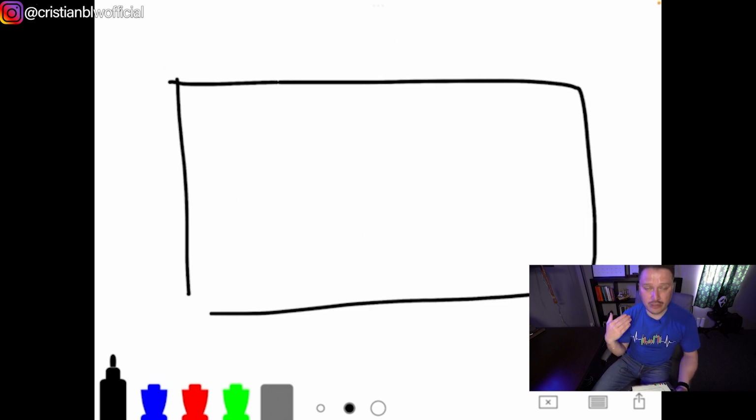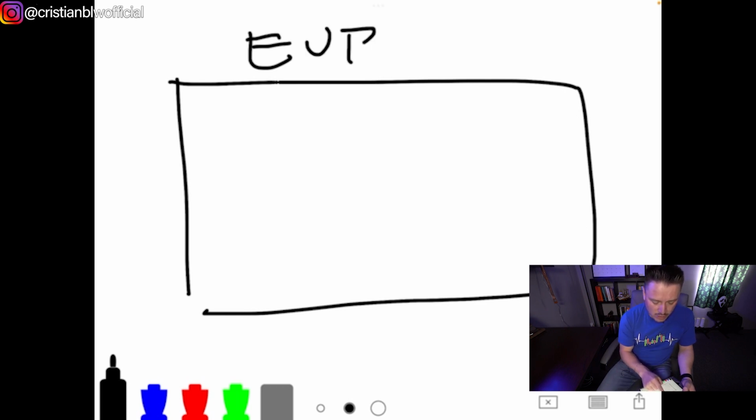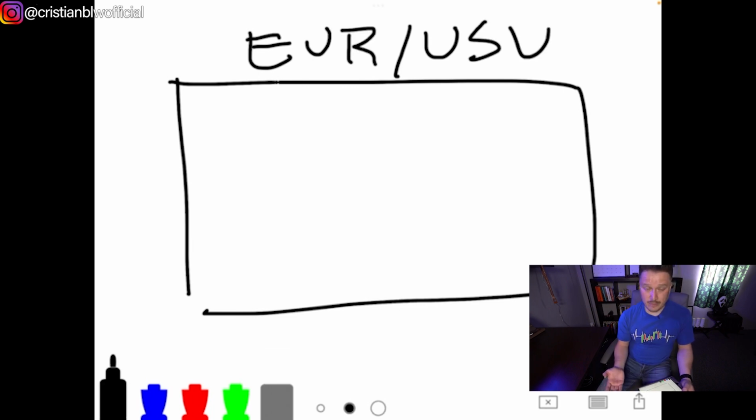So if you go into any platform when it comes to Forex, it could be TradingView, it could be MetaTrader 4, it doesn't matter what platform you go to, you can find something like this. I always use the euro against the US dollar because that's the biggest pair. I don't know what I did here. Hold on. It's the biggest pair that you will be able to find. So this is what it looks like, okay?